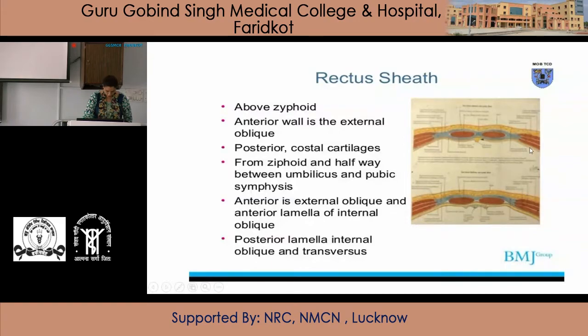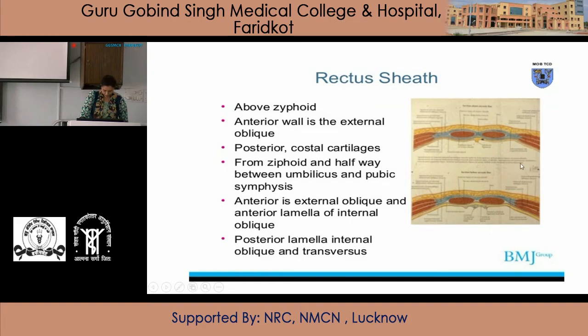Its composition is variable and it is firmly adherent to the tendinous intersection of the rectus abdominis muscle. The posterior wall is incomplete, deficient above the costal margin and below the arcuate line. Its composition is variable and it is free from the rectus muscle. It has a medial wall and lateral wall. Medially, it is formed by the fusion of all aponeuroses in the midline, called the linea alba, and laterally it is called the linea semilunaris, which extends from the tip of the 9th costal cartilage to the pubic tubercle.